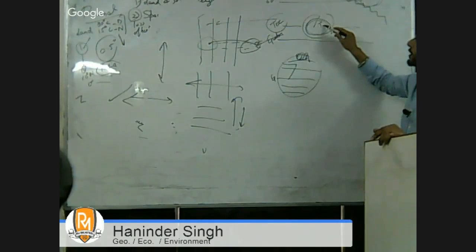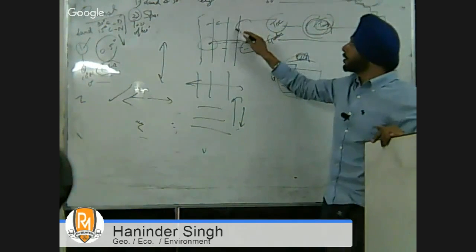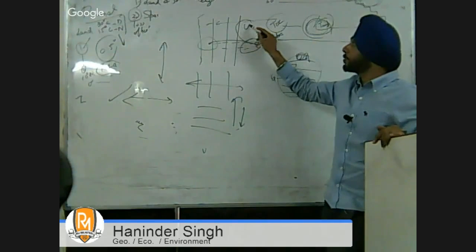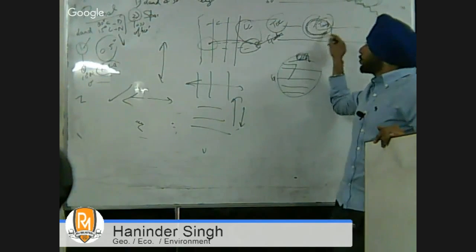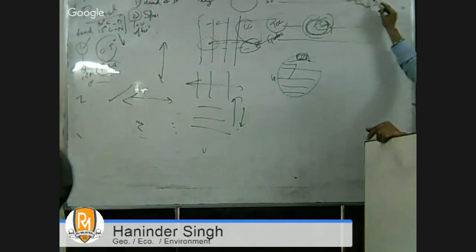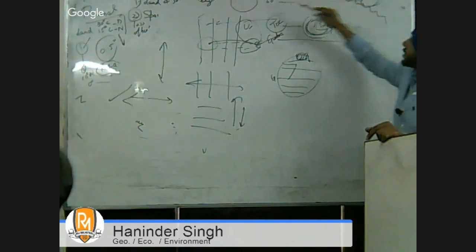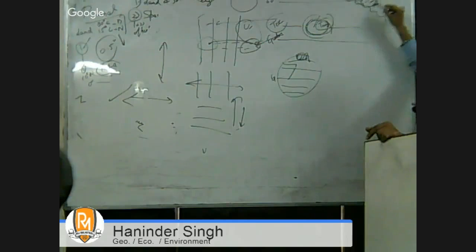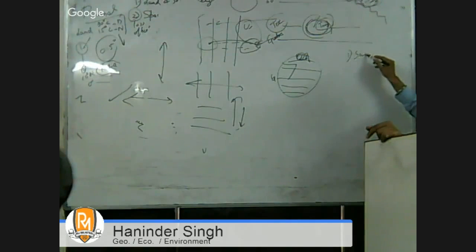I am assuming you know something, please tell me if you do not. If there is an enclosed water body at the Tropic of Cancer and an enclosed water body at 60 degree north, would its temperature be higher than the ocean here? If there is an ocean here and this is an enclosed water body, and this is an ocean and this is an enclosed water body at 60 degree north, whether their temperature would be the same,